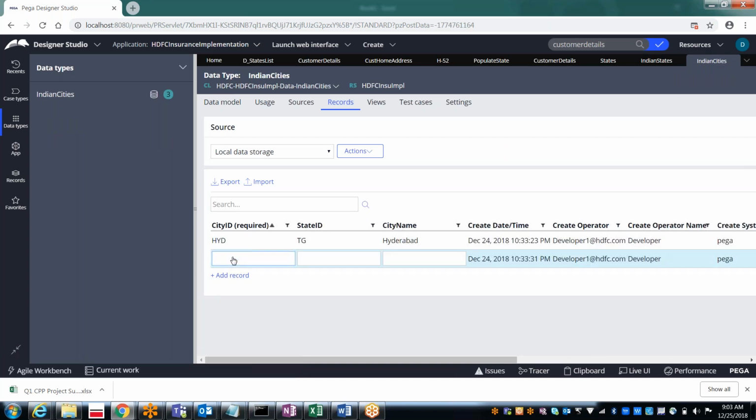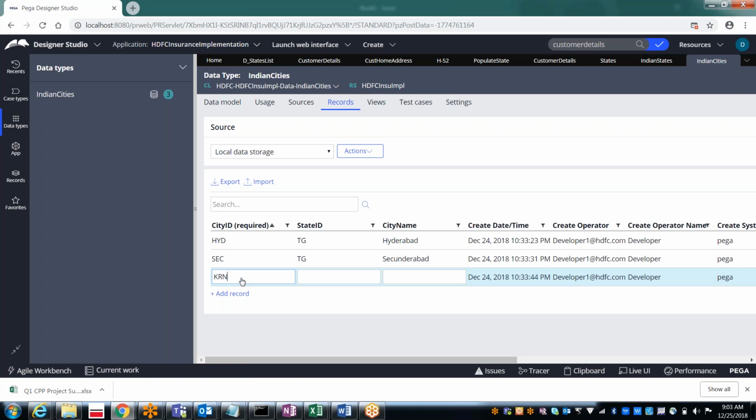Hyderabad, and then CC, TG only. TG, Karimnagar.